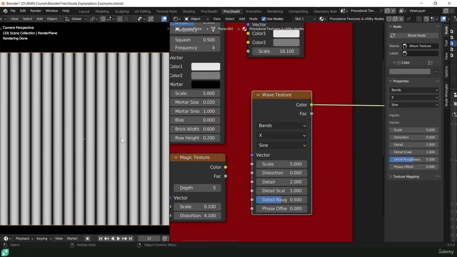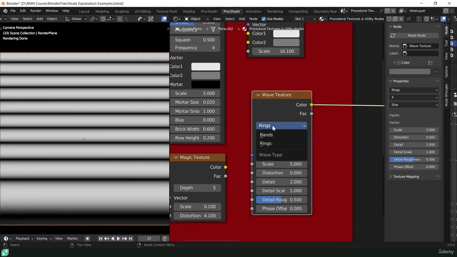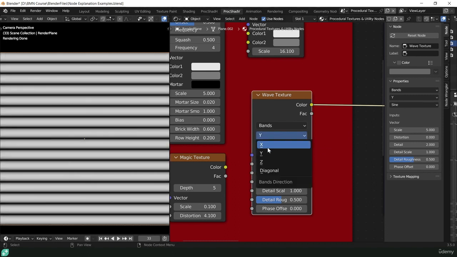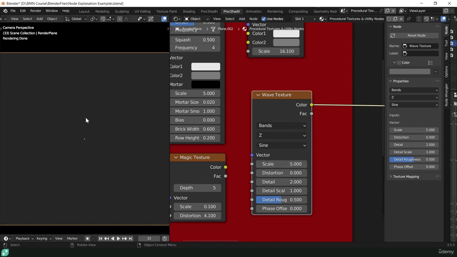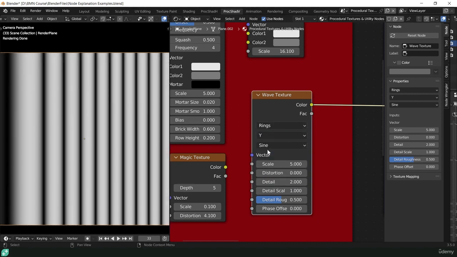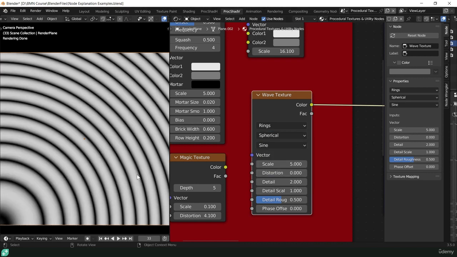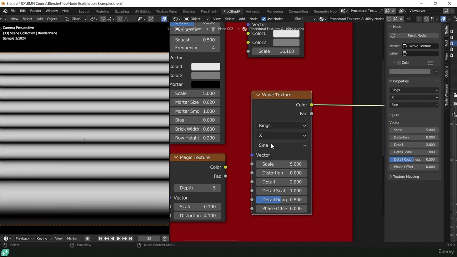Wave texture is another quite interesting one. We have bands and we have rings. Depending on the setting you're on, some of these different settings will do different things. We can change the orientation of these. When we're on band, Z gives us nothing. If we're on rings, you can change the rotation, but Z gives us this, which can be really useful for a number of different things. We also have spherical, kind of useful as well. We change back to bands,